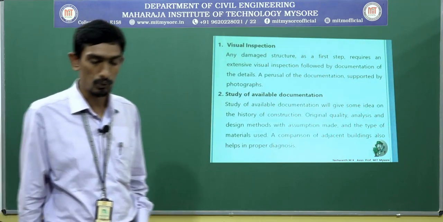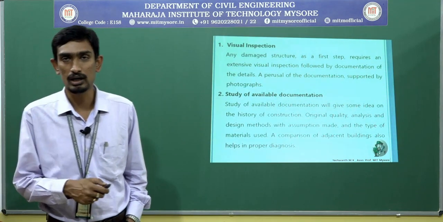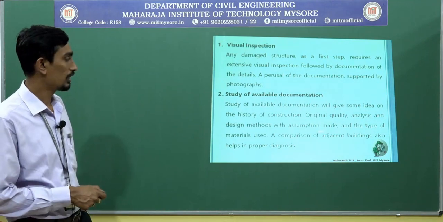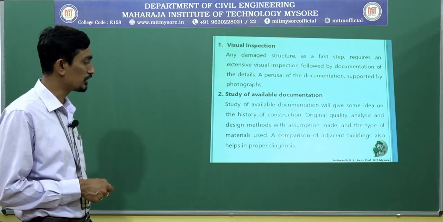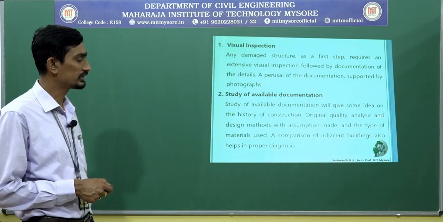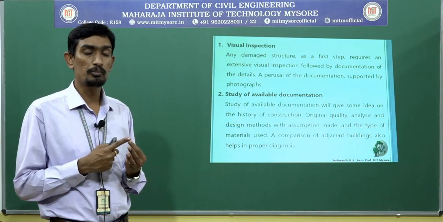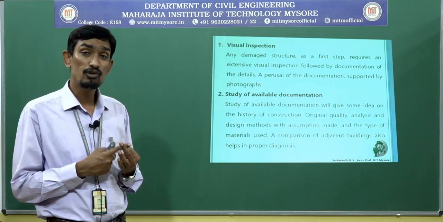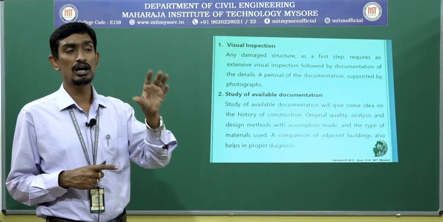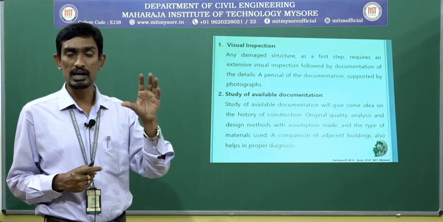One more thing you are going to do here, which I will discuss next, is regarding the structural part. I am going to explain that over there. Next, the assumptions made and the type of materials used, all these things I need to document. You will be giving a plan, and apart from the plan, you will also give the reinforcement details. What reinforcement has been accommodated in the column? What reinforcement has been provided in the beam?